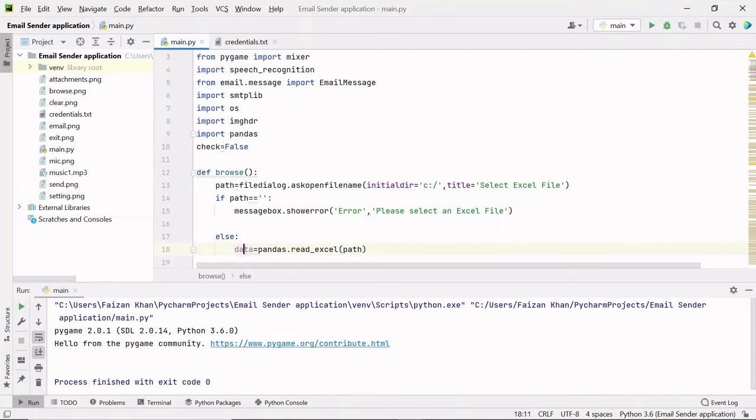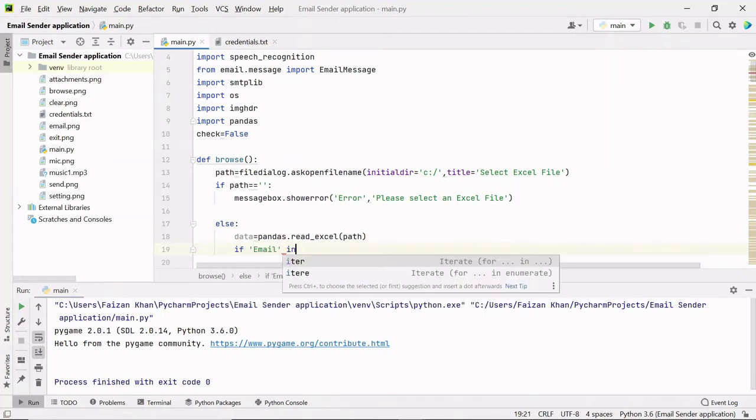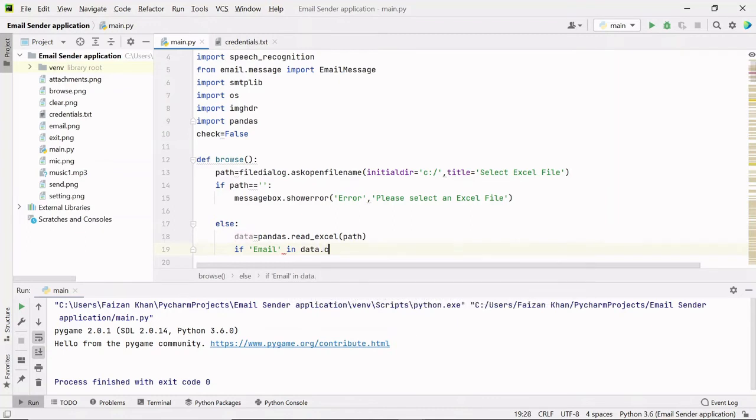And then inside this data we will check if there is an email column present or not. So I'm going to apply a condition here: if email in data.columns.